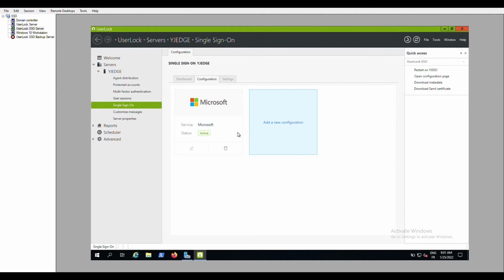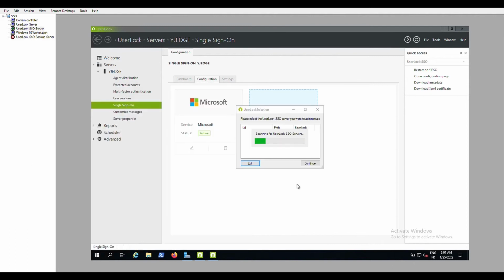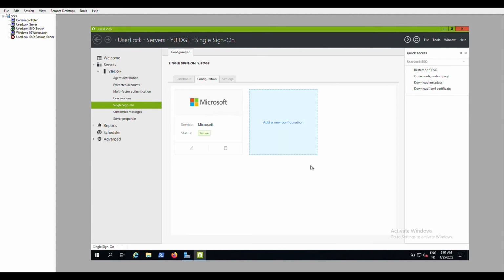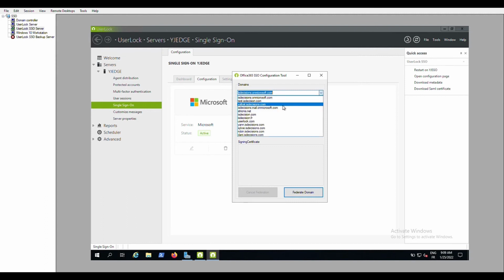Let's move on to the second step, configuration on the Microsoft 365 side. For this, we have developed a dedicated tool for this task. Normally, the configuration of the federation on the Microsoft 365 side is done with PowerShell. But with this tool, we'll be able to perform this configuration much more easily. It is necessary to connect with an Azure AD administrator account. And in the drop-down list of Azure AD domains, I can select the one that I want to federate.